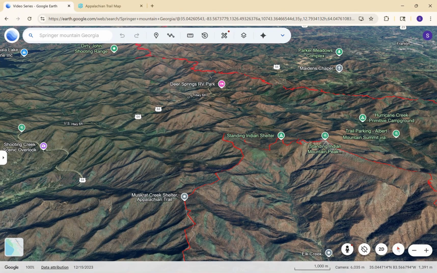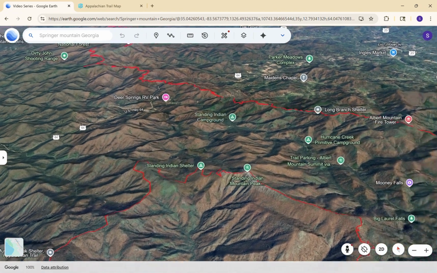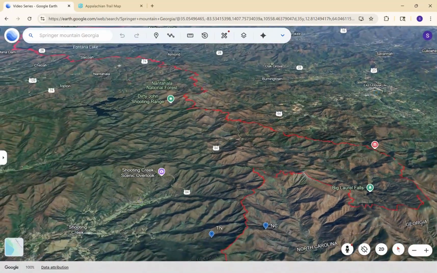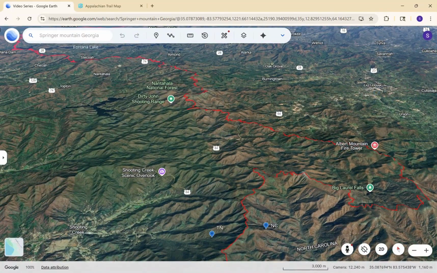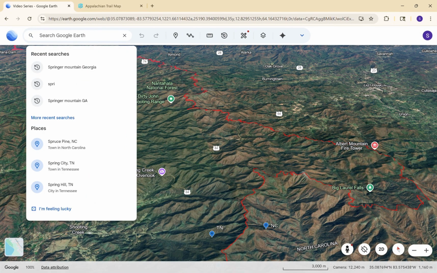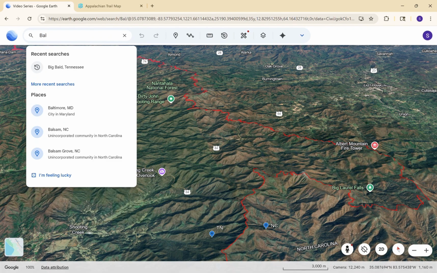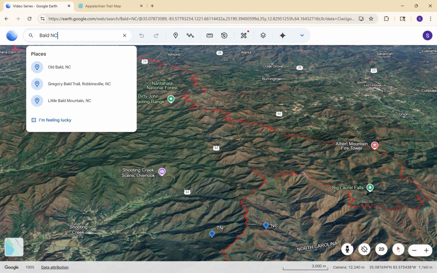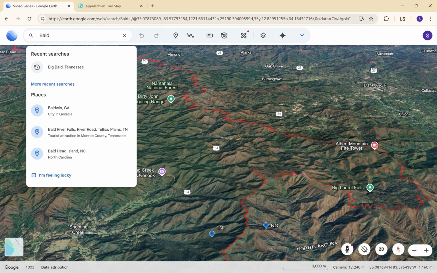So when you're searching different words and icons and things, you're really going to want to put in your notes here when you're doing a search. So let's say, for example, we were going to do bald. Like Bald Mountains, we're going to start heading into the Bald Mountains here. You'll see Bald Mountain or Big Bald, Tennessee pops up. But if you put in Bald and then North Carolina, you're going to get North Carolina options as well. So when you do a search on this, I'm really doing a search here for Bald, Tennessee, Bald, North Carolina,